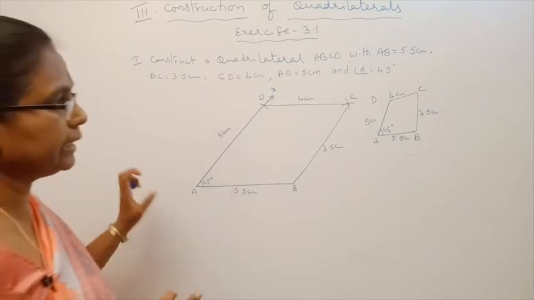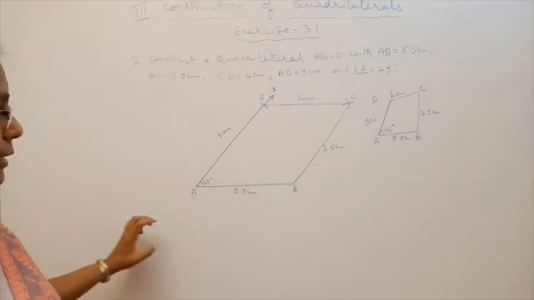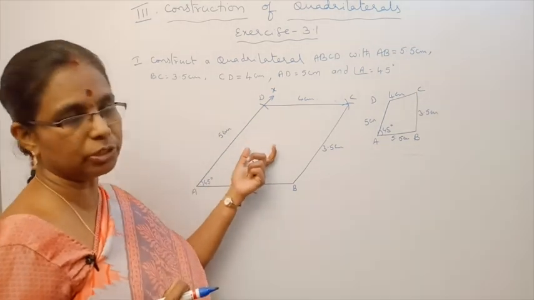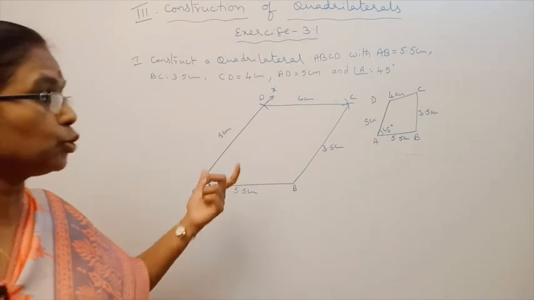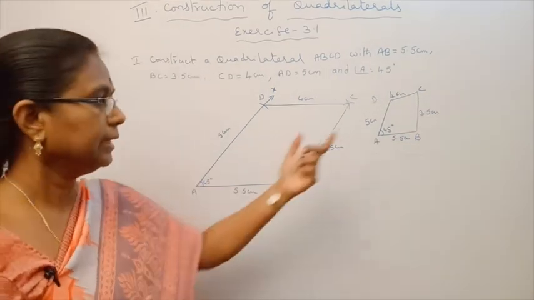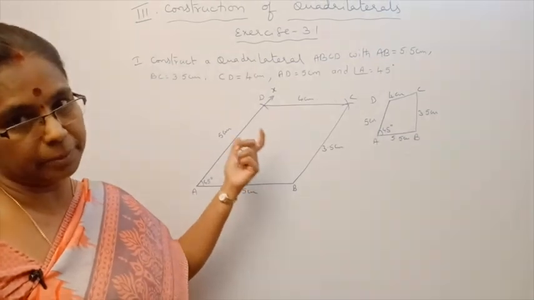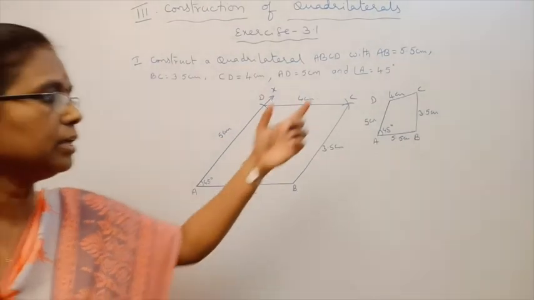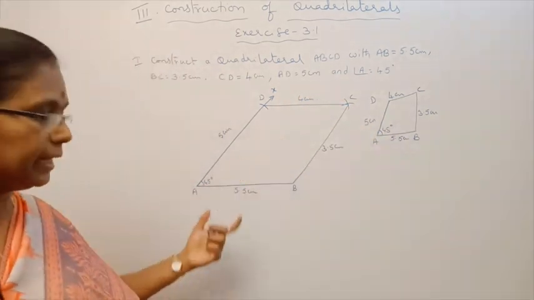You have to write the construction steps also, step by step, after completing this construction. That is very important. That is 2 marks. Then the rough figure, half mark, and 1.5 for the figure. Then 2 marks for construction steps. Compulsorily you have to draw first the rough figure, next the construction, next the steps.